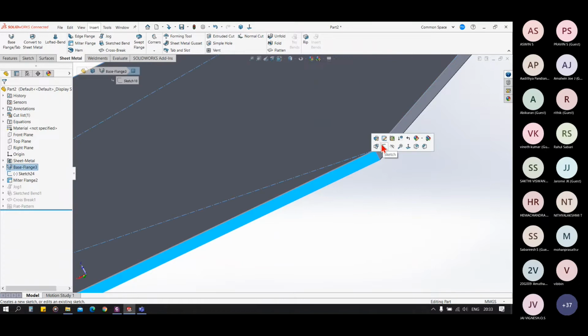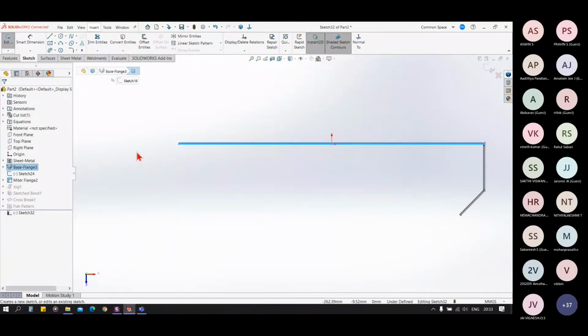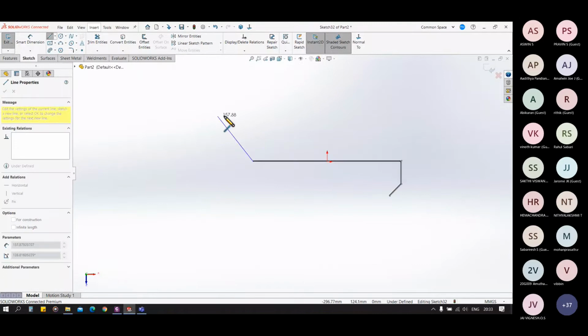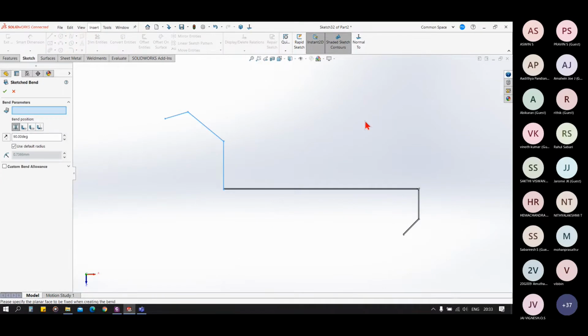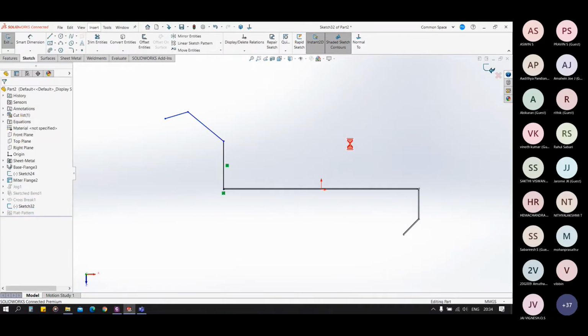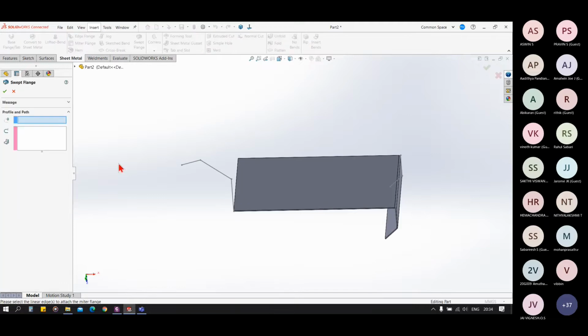So for the swept flange, let me create a profile for the bend. Let's suppose I want the swept bend in this profile.